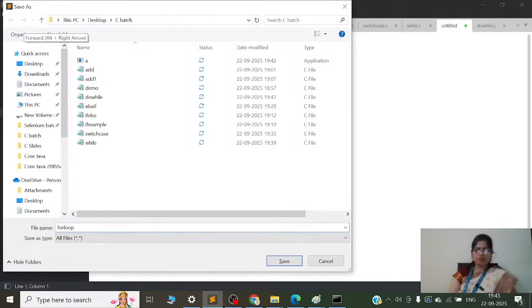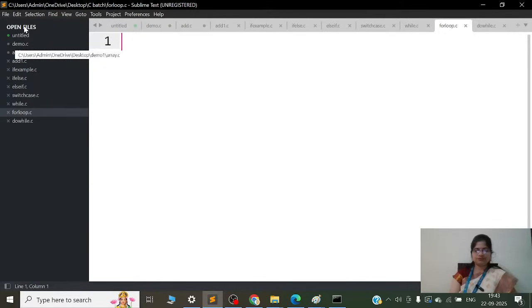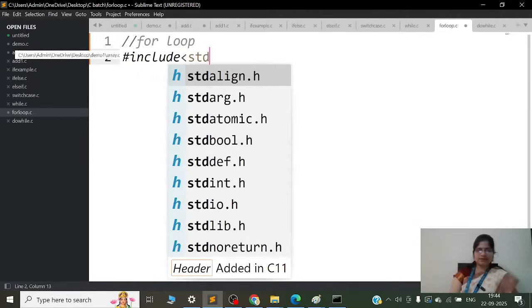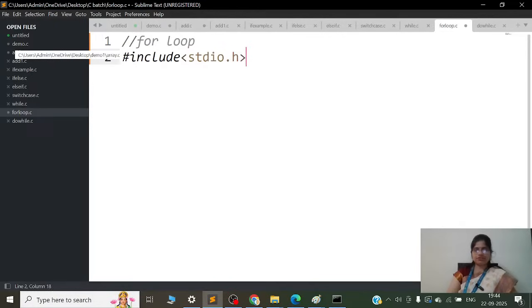So for loop dot c, hash include stdio dot h. We will be having a main function.